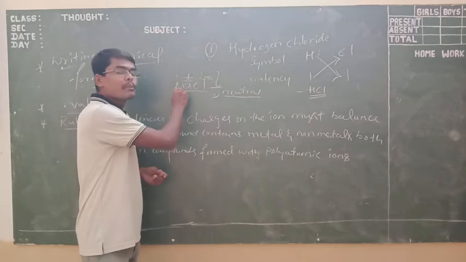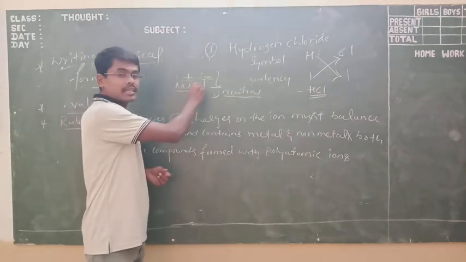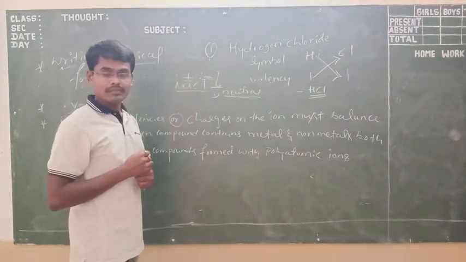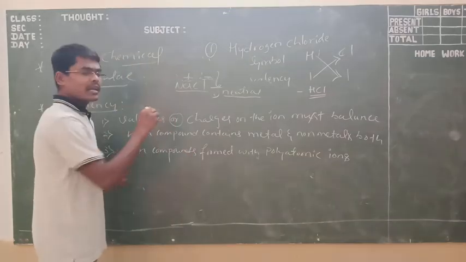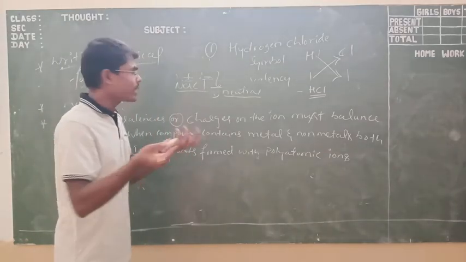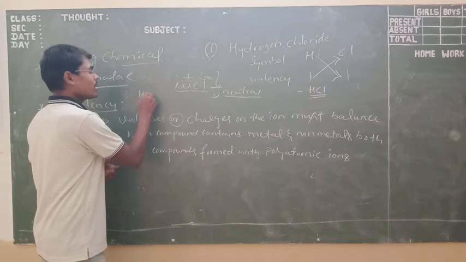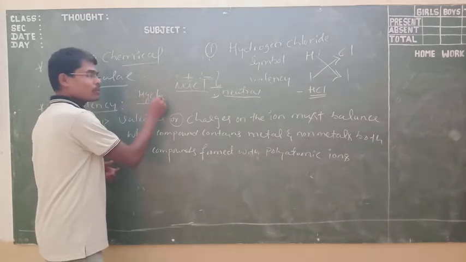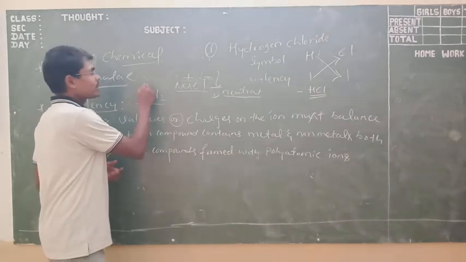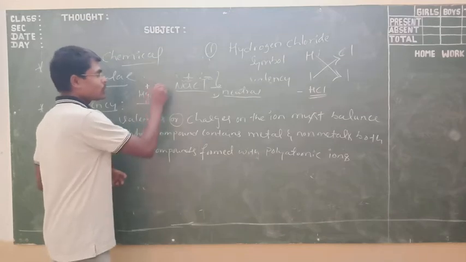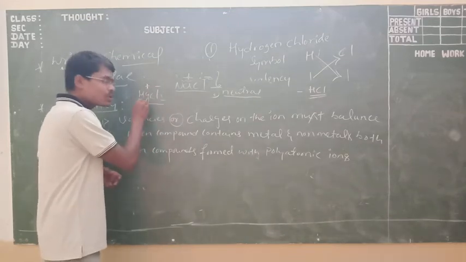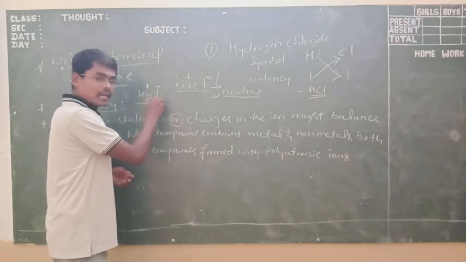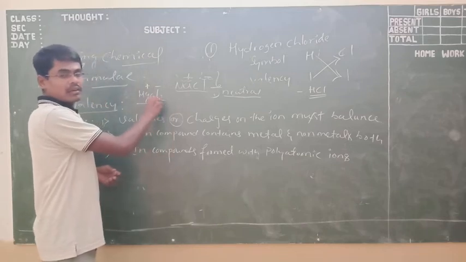Here, the sodium is a metal one and here chlorine is a non-metal one. Okay. And you take so many examples. I am going to write here, look at here, magnesium chloride, right? Here the magnesium is a positively charged one and the chlorine is a negatively charged one, and here magnesium is a metal and the chlorine is a non-metal, right?